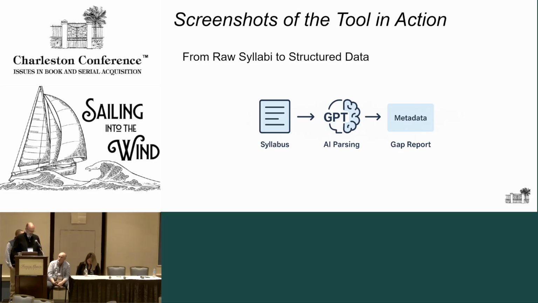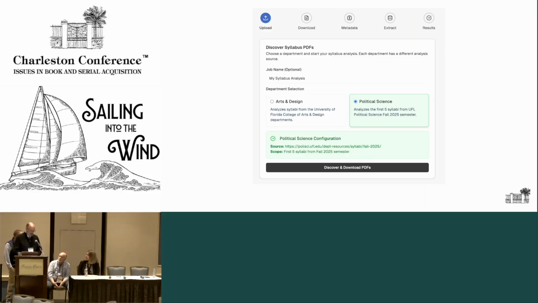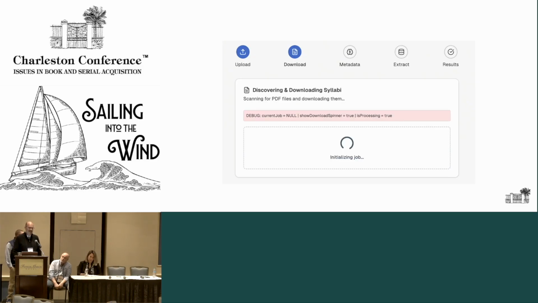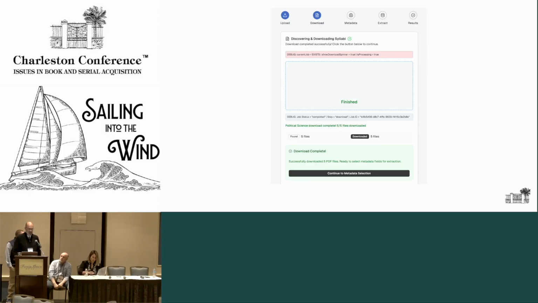I'm going to show you some screenshots of our tool in action. The first step is it will allow, for example, a subject liaison in political science to identify the syllabi in their department, to select and extract metadata from those, a variety of different kinds of metadata depending on what their needs might be, to match those syllabi